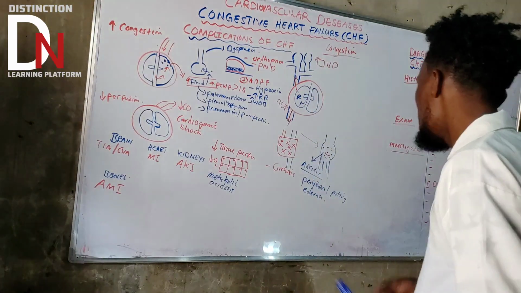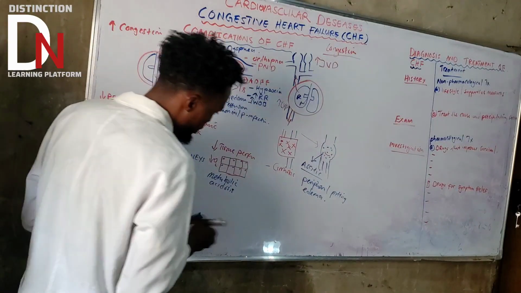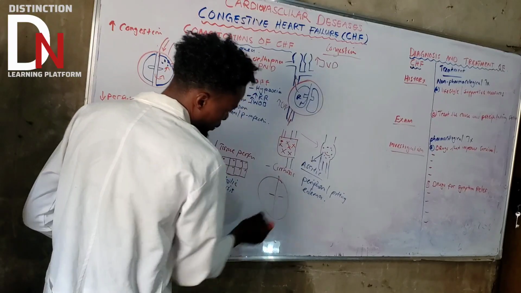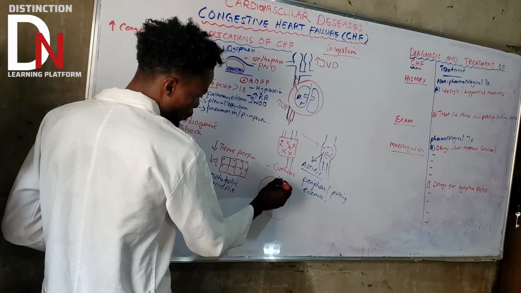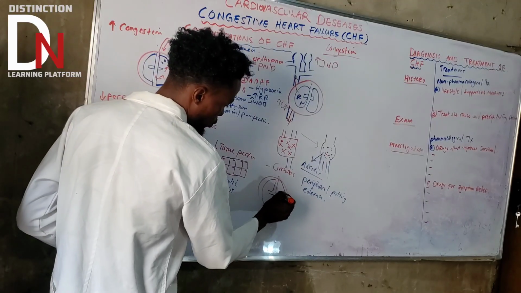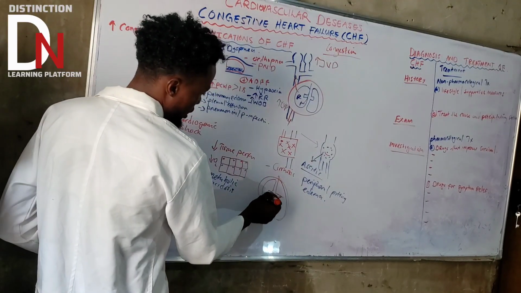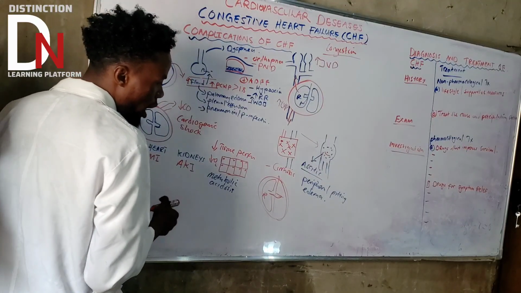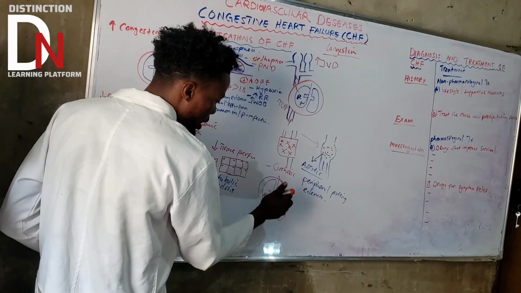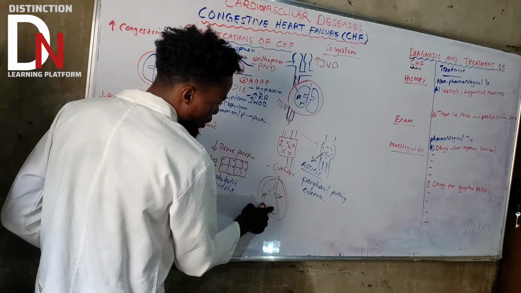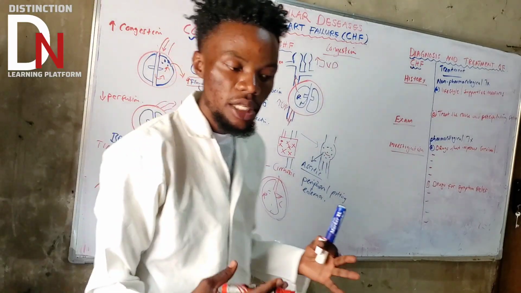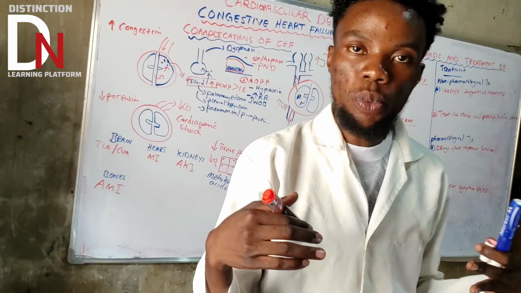Remember that if this is the heart like that, now this is the right side which is failing. In due time, it will start dilating. If it is dilating like that, it will start obstructing the left side. If it is obstructing the left side, basically the space within the left ventricle